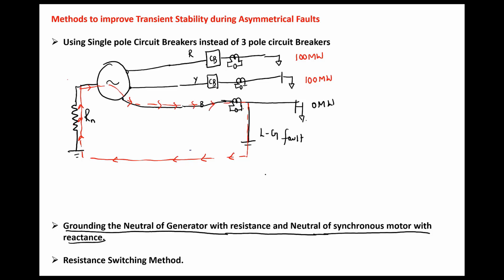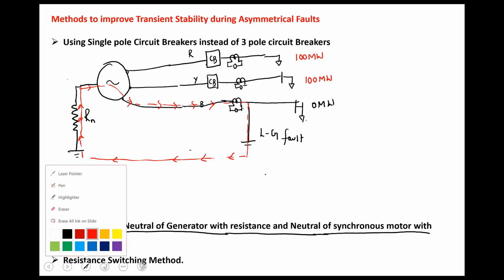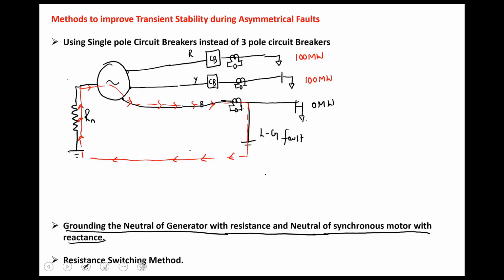This is how your fault current will flow when a single line to ground fault occurs. Understand? So in this path, this fault current is flowing through Rn being a pure resistor. What will happen? It will dissipate the power in the form of heat. How much power will it dissipate? Fault current square into Rn, IF square into Rn.